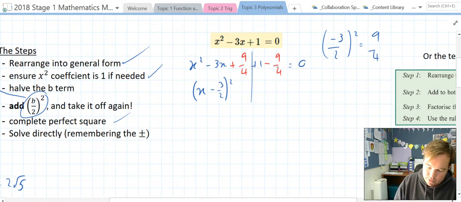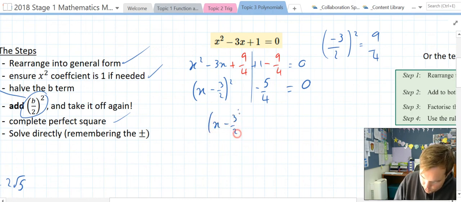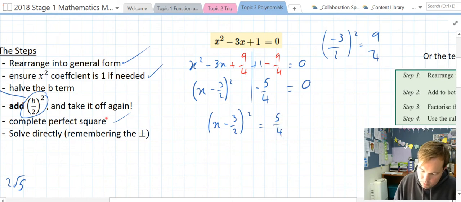Then we have to simplify over here. 1 take 9 on 4 is minus 5 on 4. Think of 1 as 4 on 4. 4 on 4 minus 9 on 4 is minus 5 on 4 equals 0. Then we solve directly. So solving directly, we have x minus 3 on 2 squared equals 5 on 4, which is